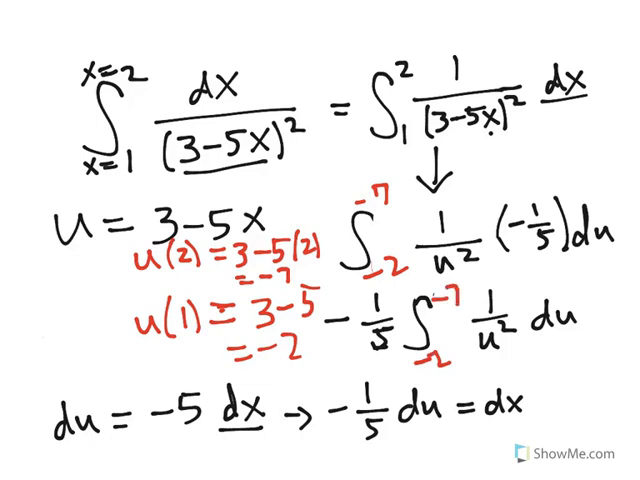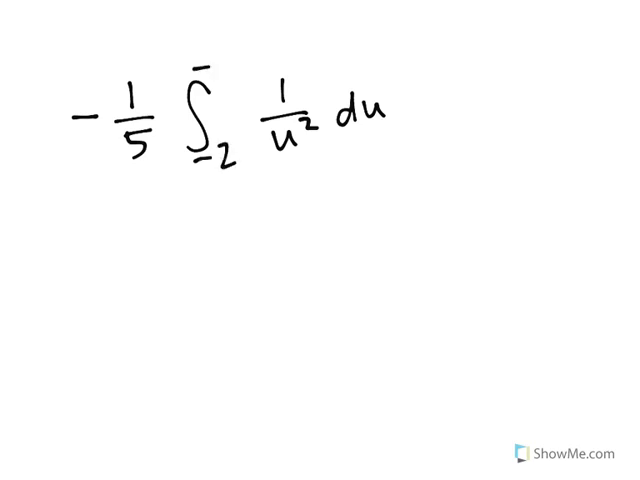Now there's a couple of different ways you can handle this, because now what we're going to do next is actually take the integral of 1 over u squared. That's kind of where we ended up right here. I know there's a lot of work on the screen. So what we have at this point is -1/5 times the integral of 1 over u squared du, but now our bounds go from -2 to -7. Okay, this is where we're at, and basically we've substituted from x's to u's to hopefully make the problem